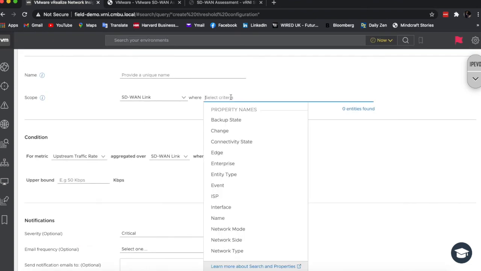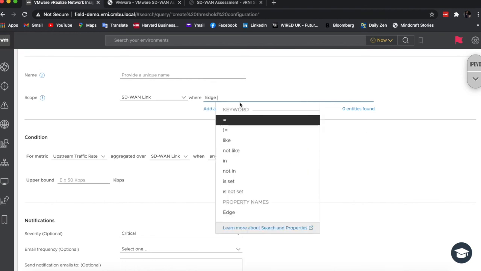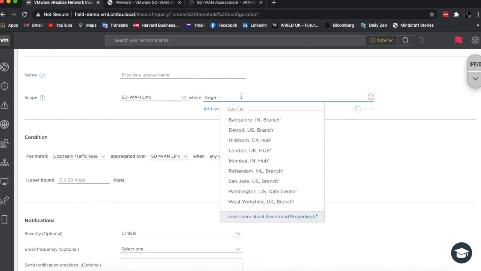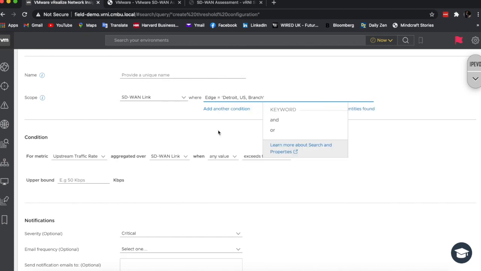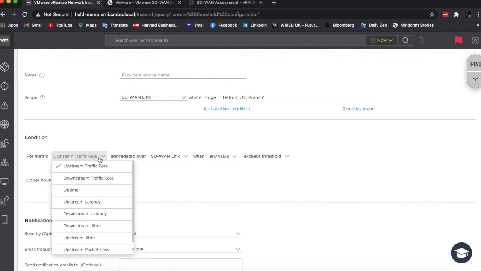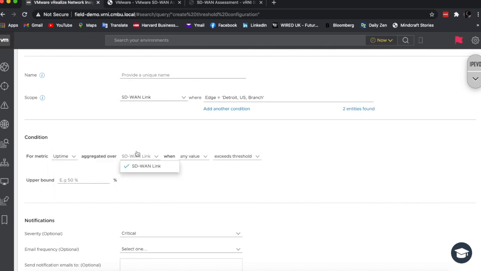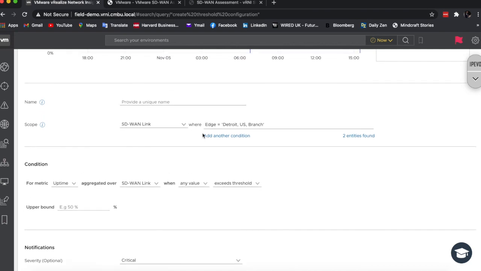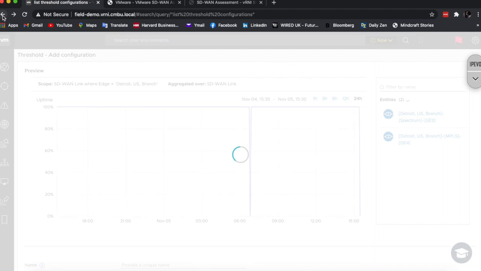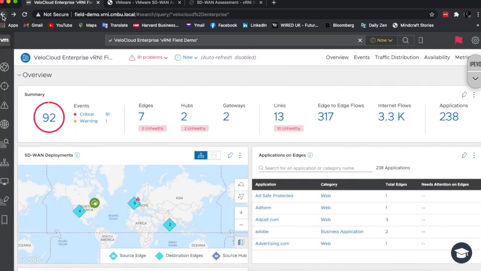I can have a problematic site that I just want to keep a closer eye on. I can just say edge equals Detroit, and let me know if the uptime exceeds thresholds, deviates from past behavior, etc. So really, really good way to configure the system to reach out to you as opposed to you looking at it. One last thing that I want to show you is the power of vRNI to go across your entire